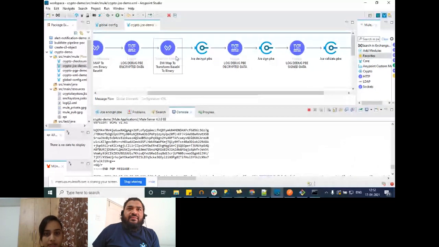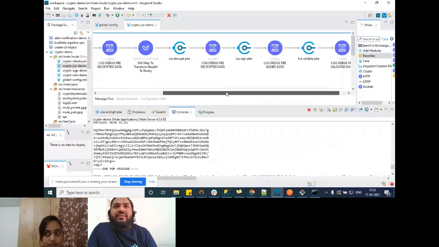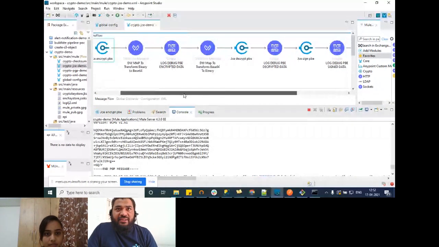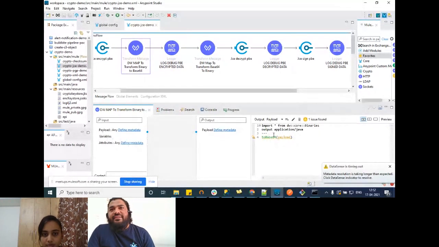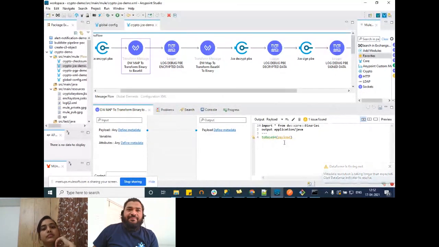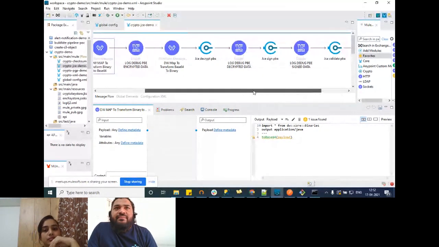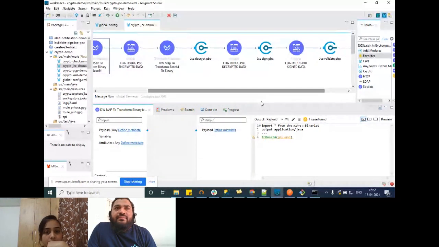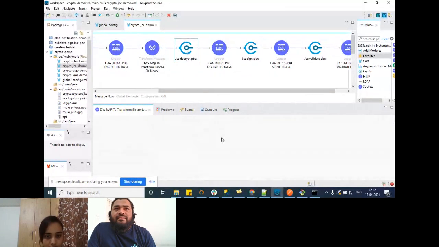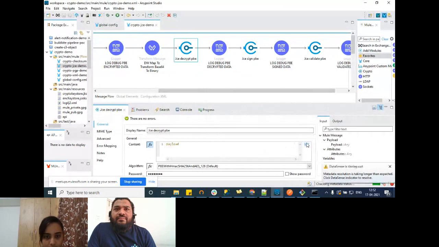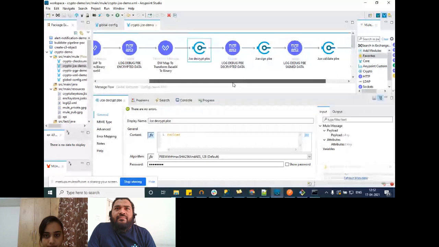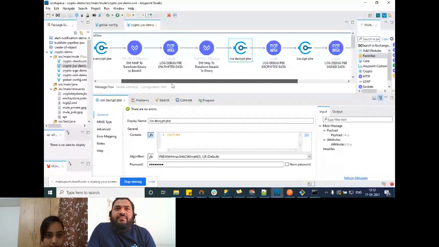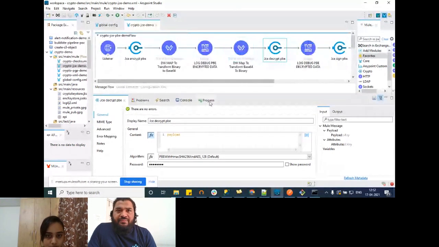Then the same encrypted data will be sent for decryption. We only convert it to base64. So we'll be sending it to the decrypt operation. Let me show you the same. You just need to pass the algorithm and password over here. Same steps. And for key-based,